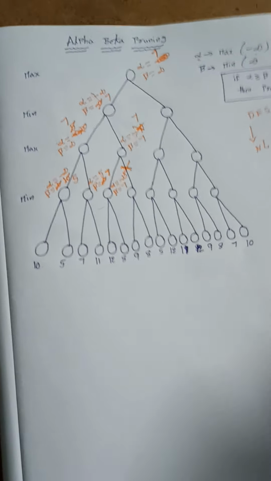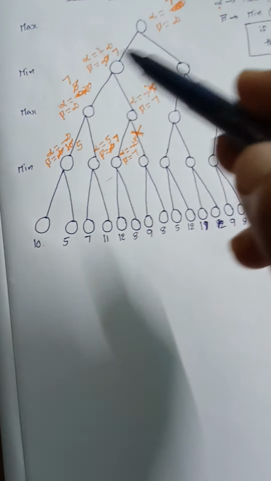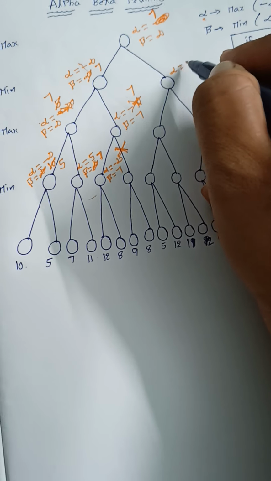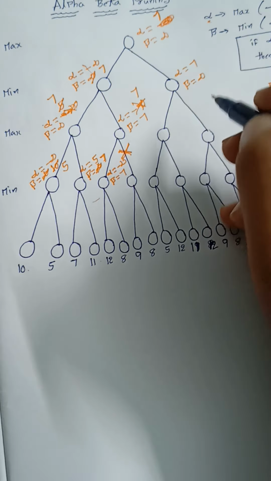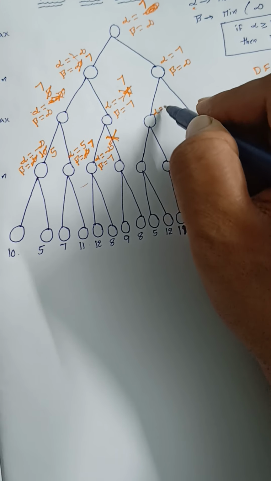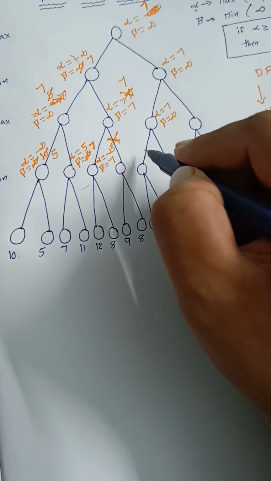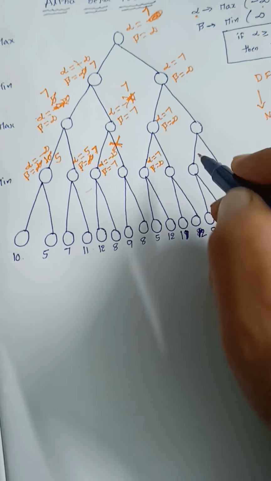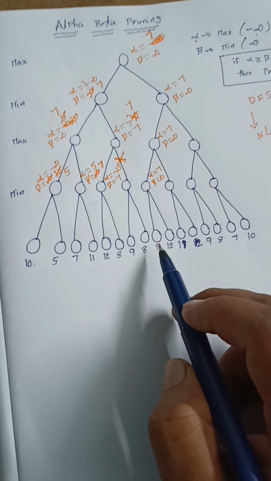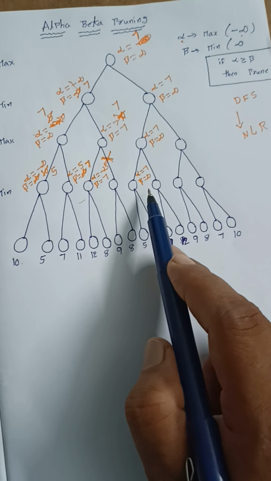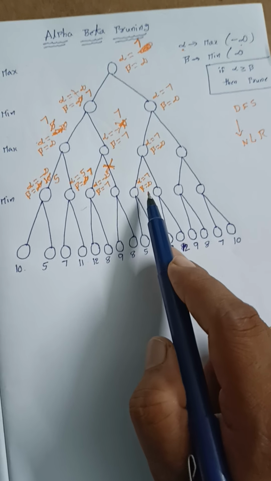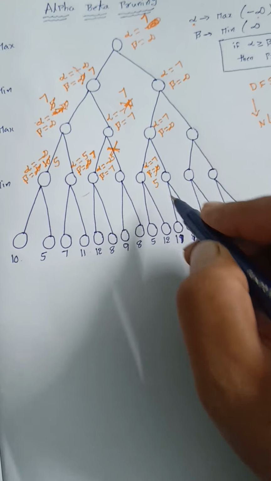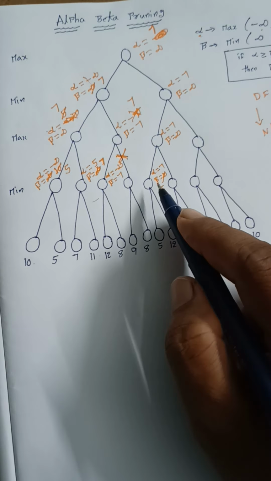Okay, now all the left children of the parent node are completed. Now we will move to the right child. Up to now alpha is equal to 7, beta is equal to infinity. Okay, now we are at this level. This is related to the minimum. Minimum means beta will be changed. So beta is infinity and 5, so beta is equal to 5. Please compare 5 and 12. 5 is the minimum, no problem.